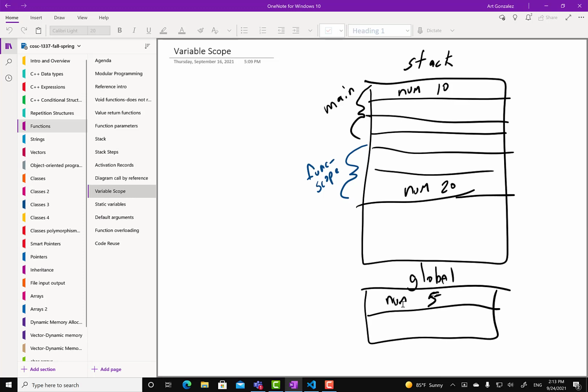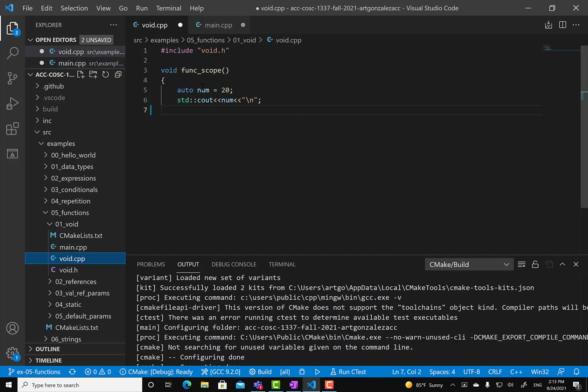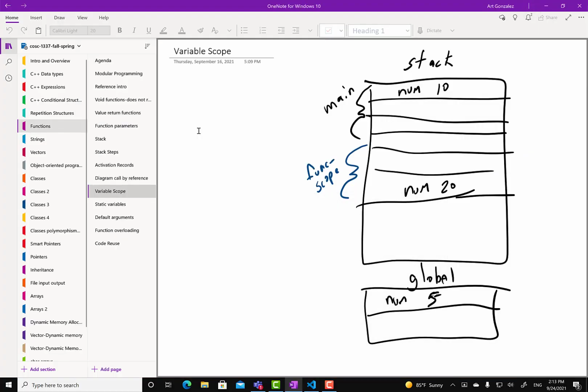Okay, so it is important to understand that we cannot access the function scope num in main before or after. If we try to access num, we will be accessing this num. If we try to access num before we declare num in main, we are accessing the num in global scope. And if we try to access a num in function scope, then we will be accessing this num right here. Okay, that is what I want to make sure students understand and carry on to their next